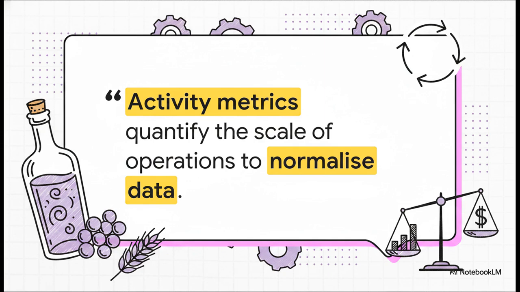I actually want to read this directly from the SASB document because it serves as our anchor. It states clearly that activity metrics quantify the scale of specific activities or operations by an entity and are intended for use in conjunction with the metrics to normalize data and facilitate comparison. Simply put, the whole endgame here is to give people useful, comparable information that reflects actual financial risk and opportunity.